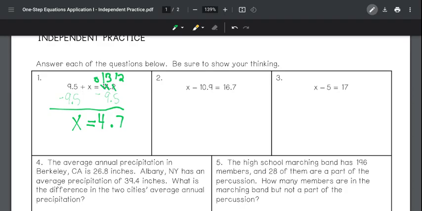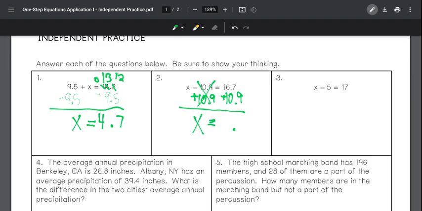Number 2, x minus 10.9 equals 16.7. We want x by itself, so we've got to get rid of this negative 10.9. So I've got to do the opposite. The opposite of subtraction is adding. So add 10.9 and add 10.9. Okay, so we're stuck with x on the left side because these cancel out to 0. Equals,